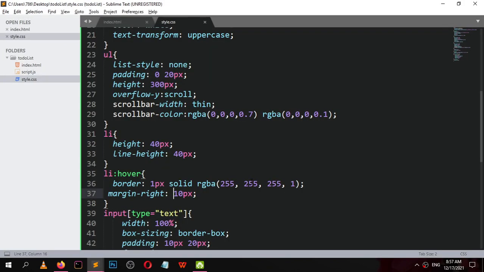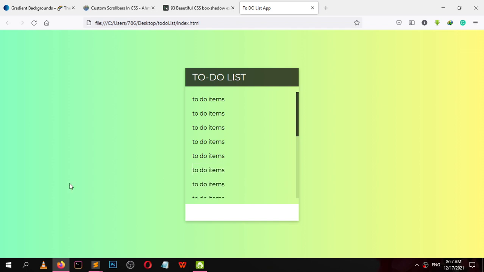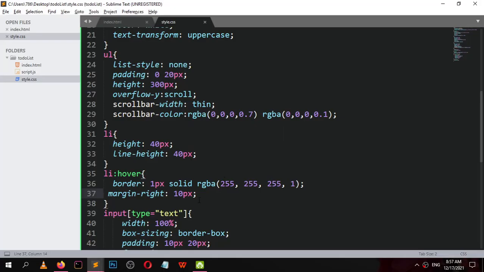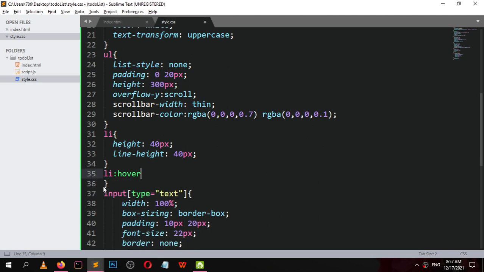We need to add padding right. What are we missing? We are missing something here. What is this? Okay, remove this margin and border on hover.